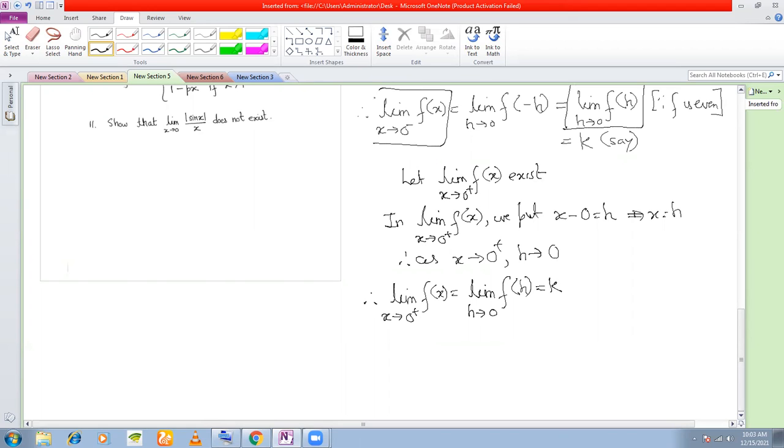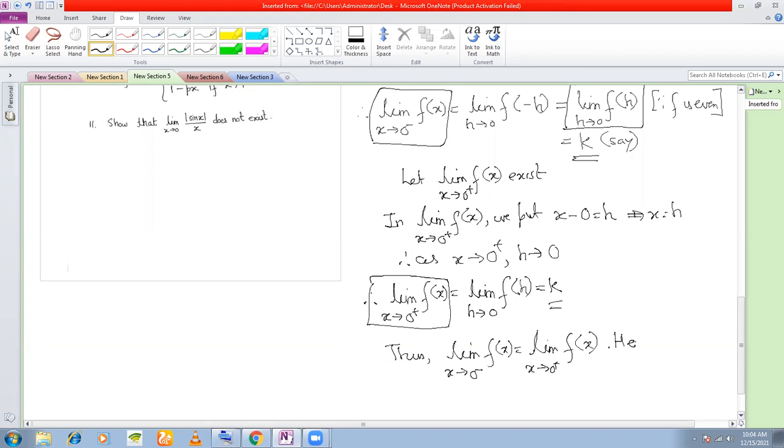That the left hand limit is equal to k and the right hand limit is also equal to k. So thus the limit as x tends to 0 minus of f of x is equal to k. Let me write this as the limit as x tends to 0 plus, whatever be the value of this k or l or whatever is equal to this. So hence verified, or hence proved. That is what you needed to show. That's it. Okay. We move on to the next sum, if there are no questions.